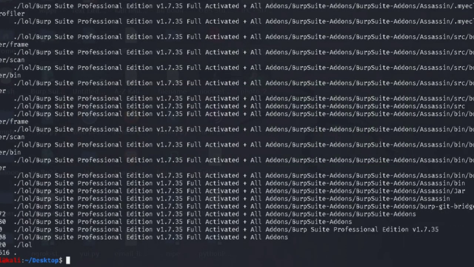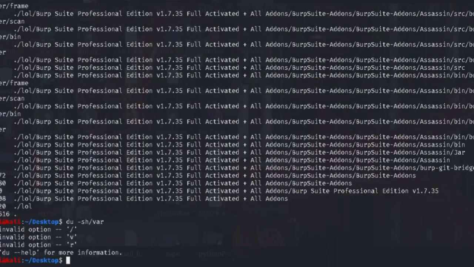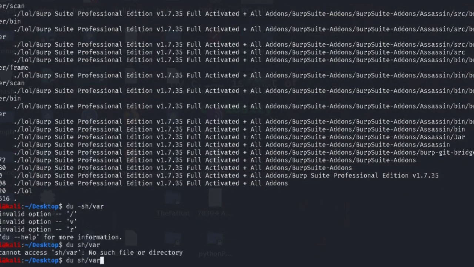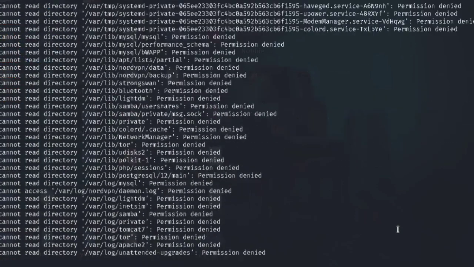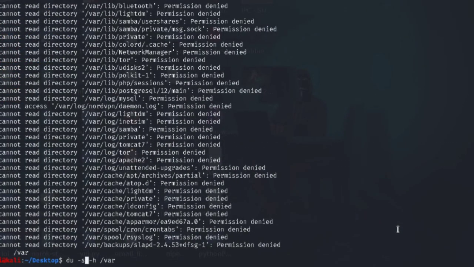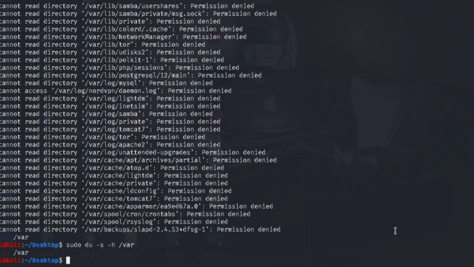Okay, so next comes the du command. By this you can see the total space some directory has taken. So to see it specifically, we can type du -sh slash that directory's name that you want to know, or you can type du -sh of that directory name, then you can get it in human readable form so that you can understand. Otherwise, if you just type du randomly, it won't give it in human readable form.